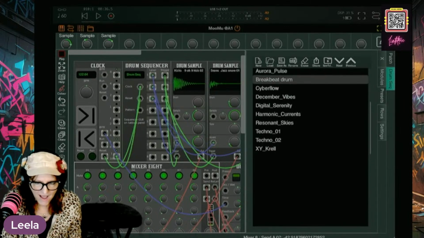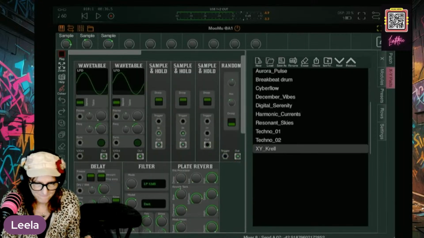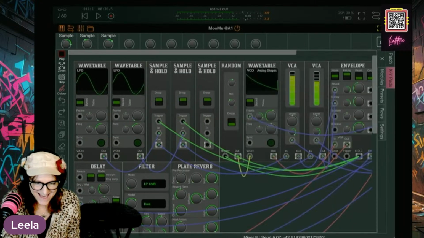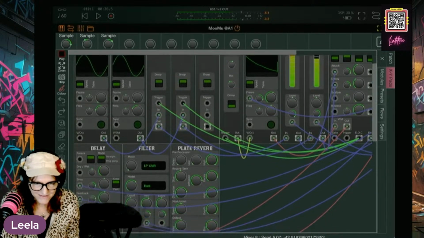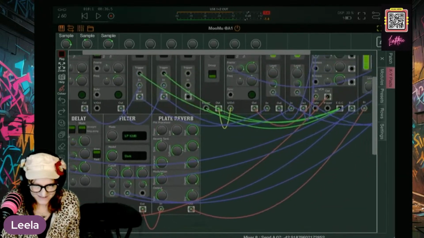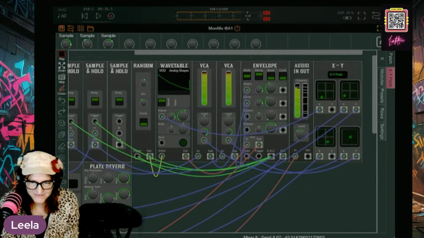Ooh, XY. Let's look at the XY pads. Oh, open. What the hell? Let's open up these XY pads. Here's our XY pads.